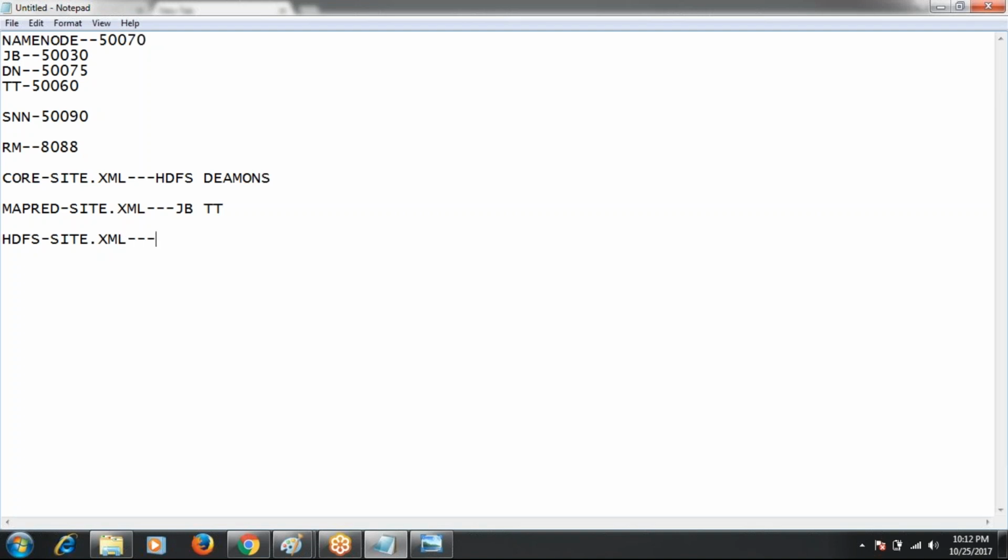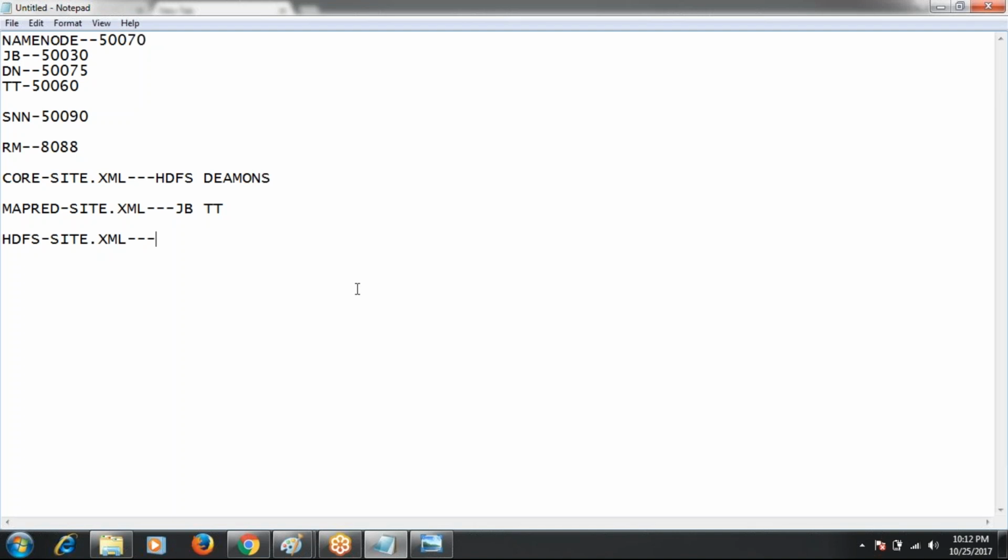In HDFS-site.xml, we'll configure things like the block size. The default block size is 64 MB. If you want a block size greater than 64, say 100 MB, you can make this type of modification in the HDFS-site.xml file. Also, the default replication value in Hadoop is 3.